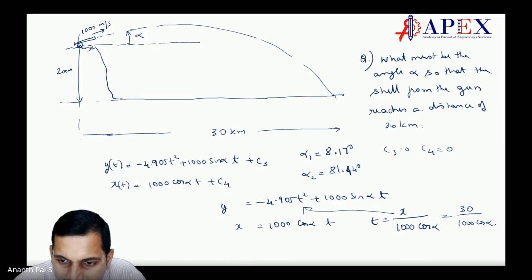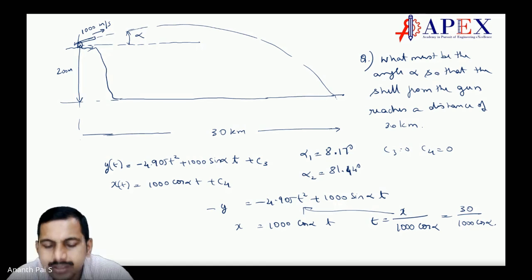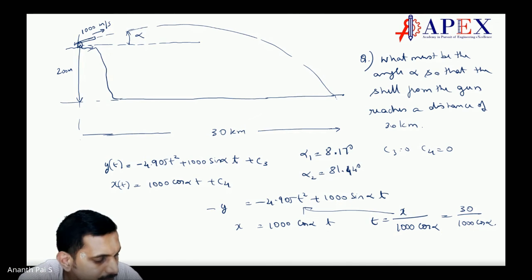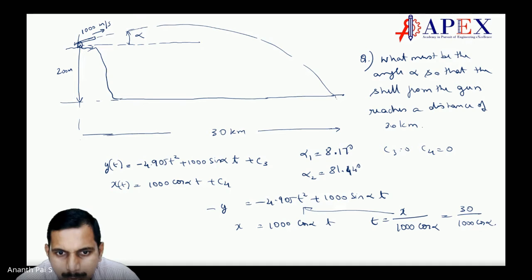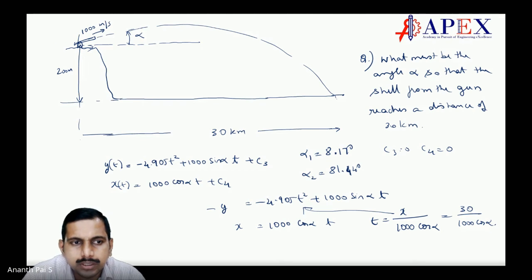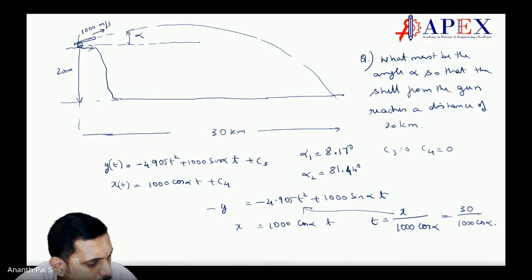What is y? Y is 200. X is 30. You will get alpha. Simple. You get a quadratic equation. You have to solve a quadratic equation. Simple. Can you do that, students? Y is 0.2 kilometer, right? Can't be, Y written is 200 meters. Yes. Or we can put 30,000 here and here you can put 200. That's also possible. Anyway you go.